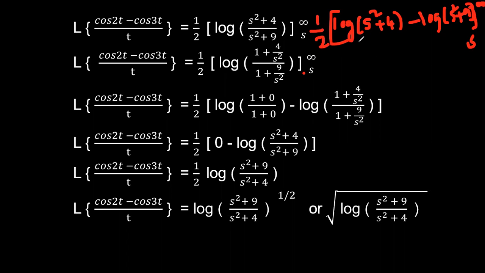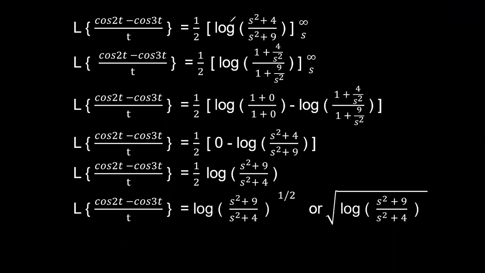So what we have to do? It is again log a minus log b, so you have to simplify this into log a by b form. This equation can be simplified as log a minus log b can be written as log a by b. Next, before substituting this upper limit, what we have to do? The numerator highest power term and the denominator highest power term should be the same and it should be taken as common.